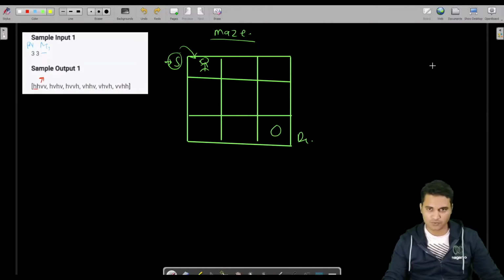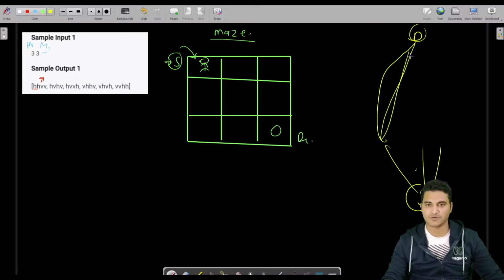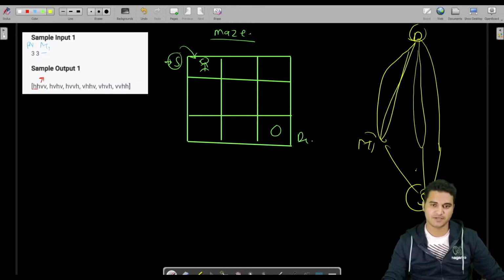I told you, if we have been given this source and this destination, and we have some ways from here to here, and some other ways to reach from here to here, let us say this is the mediator. This is P, this is Q, this is R, this is A, B, C, D, E, and this is the F base.